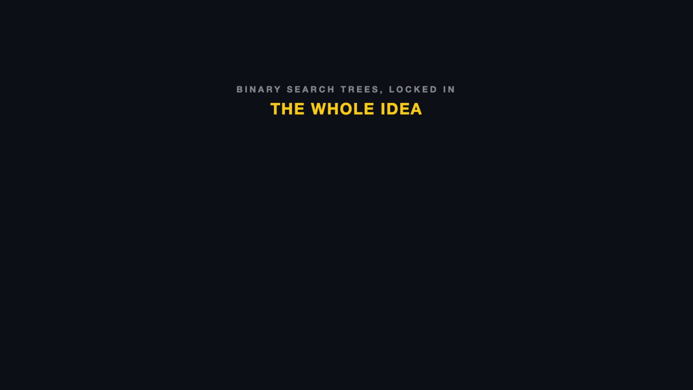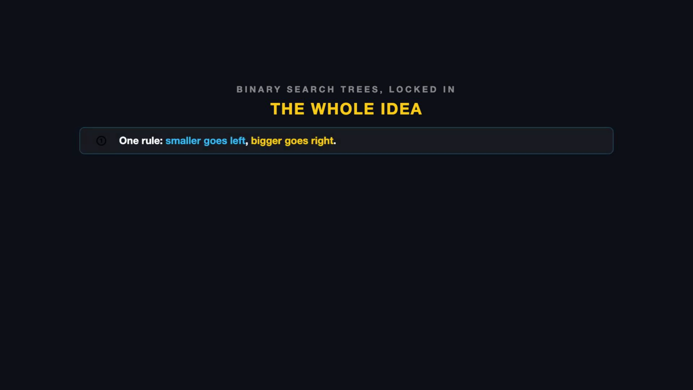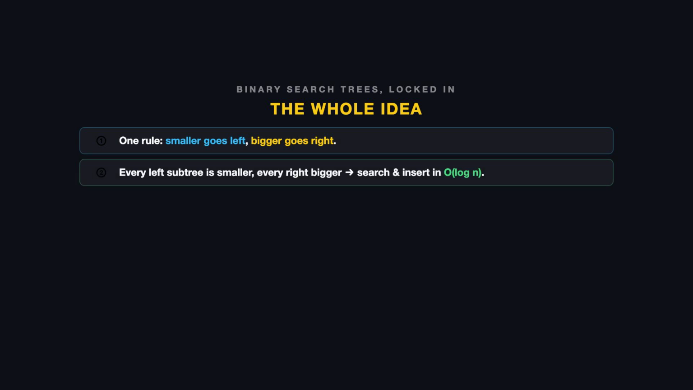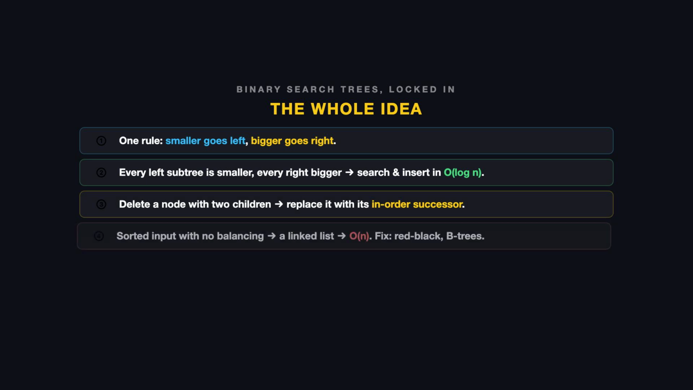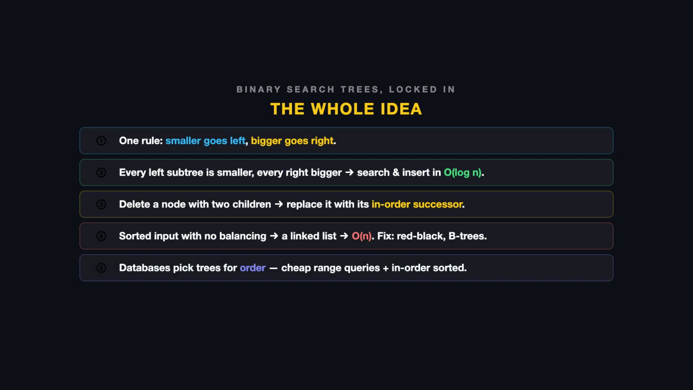Let us lock it in. A binary search tree follows one rule. Smaller goes left, bigger goes right. That rule keeps every left subtree smaller and every right subtree bigger. So search, insert, and delete all walk down the tree, halving the work each step, O of log n when